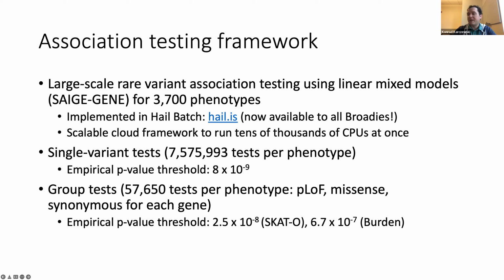Since we need 1 million samples to look at common variants, I wouldn't be surprised if we need 10 to 100 million samples to look at rare variants. And if you also wanted to look at rare variants for a borderline not rare disease, something that's 1 in 1,000 frequency, then you kind of need 1 billion samples, and then we're talking about the size of the world. So yes, we do need to sequence everybody, especially for rare diseases.